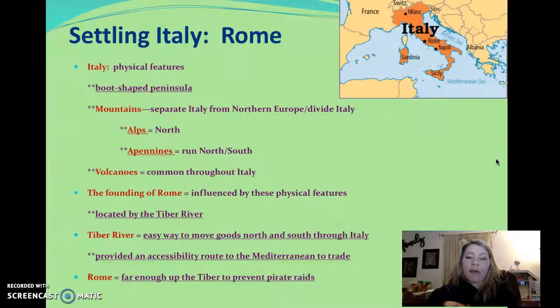We also talked about where Rome is located. The map itself is a little bit deceiving. Looking at Rome, it looks like it's on the coastline because that star is so big. Rome is located on a river called the Tiber River. It's not on the coastline, it's just up the river a little bit. They developed it here because this was the time of pirate raids. They traded a lot by sea, so pirates would watch the trade routes and eventually attack. With Rome being up from the coastline, in order to take over Rome, the pirates would have to sail up the Tiber River, which was quite risky because the Romans were able to protect that pretty well.